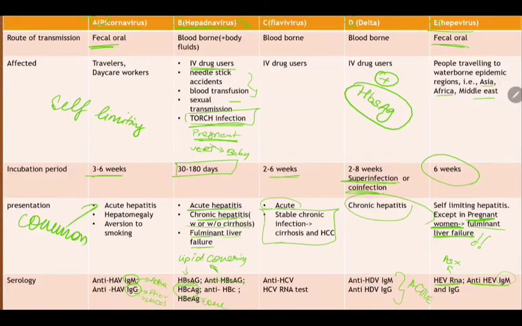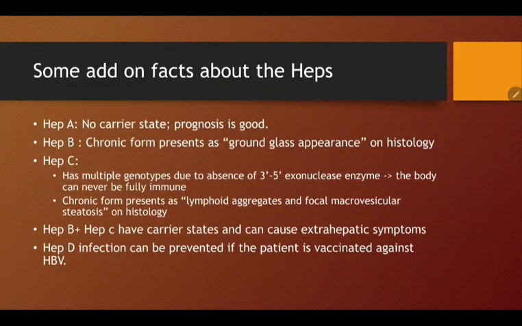I'm going to add on a few more facts about this in the next slide, like hepatitis A. I said there's no carrier state, right? And so the prognosis is good, especially because it's acute. Hep B, there's an acute form and a chronic form. And the acute form